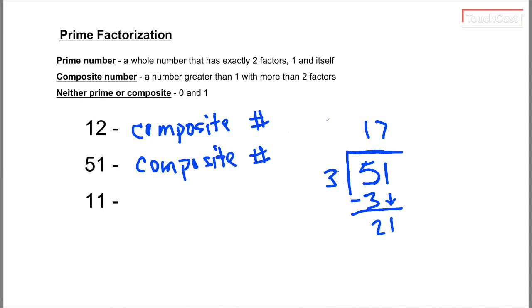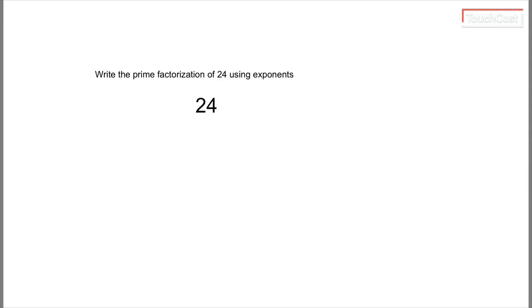And last we have 11. 11 only has two factors, 1 and 11. There's no other set of whole numbers that we can multiply together to get 11. Therefore, 11 is prime. Now we're moving into prime factorization, and we're going to write the prime factorization of 24